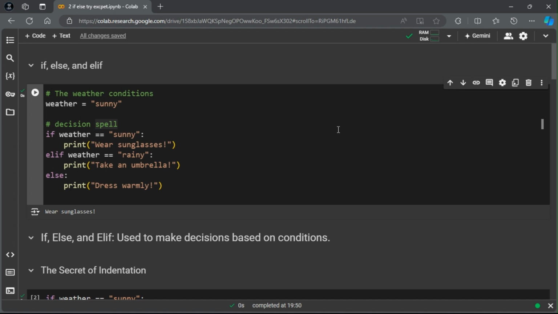Today we are going to learn about decision making and error handling. In this video, we are going to understand how if, else, and elif are used to make decisions and also understand how indentation works. To start off with, we are going to see an example where we will take what the weather is in a variable. Like over here, we have seen the weather is stored in a variable named weather, and the weather is sunny. Then we are going to take if